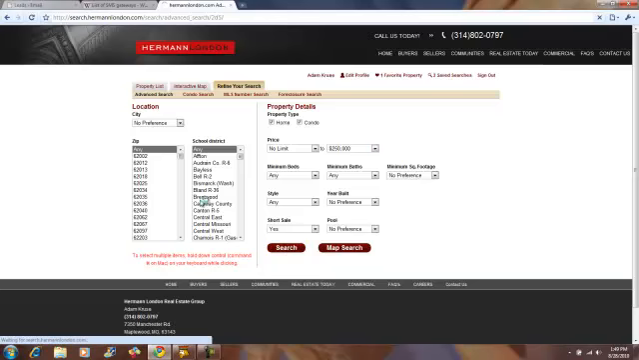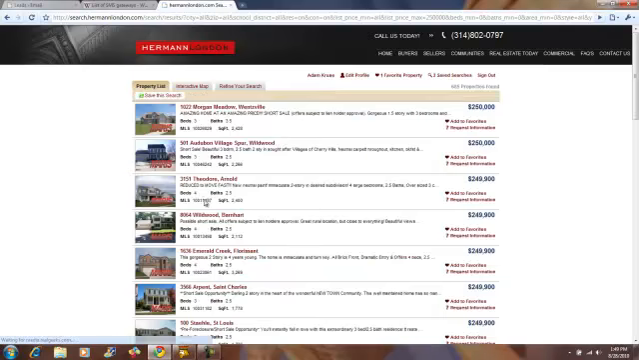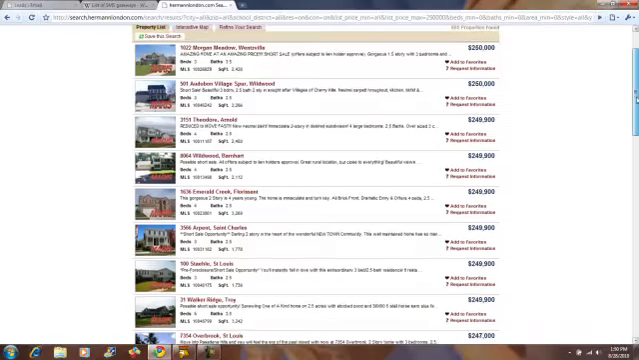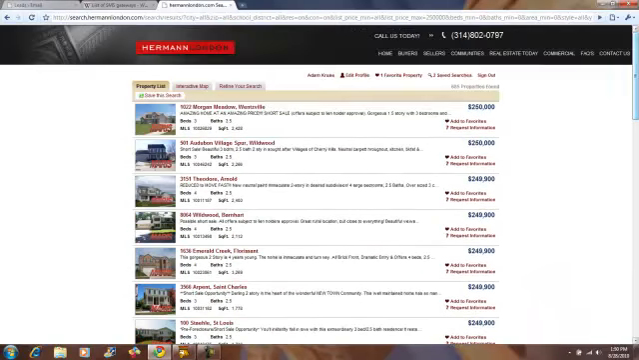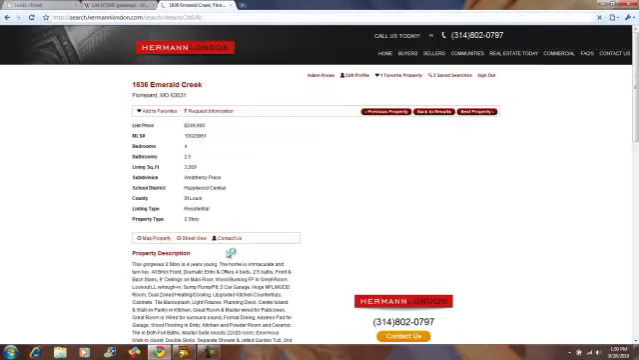I could have narrowed down the areas, but I want to make sure I'm going to have results here. So all of these properties are the short sales under $250,000 from the MLS. Currently, there's 685 short sales on the MLS that are under $250,000. You can click on the property again to see the information,